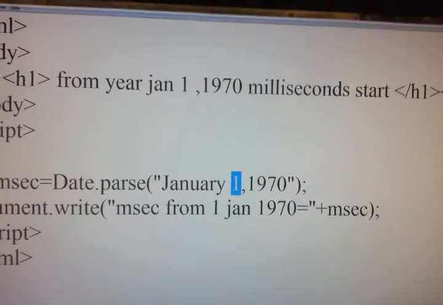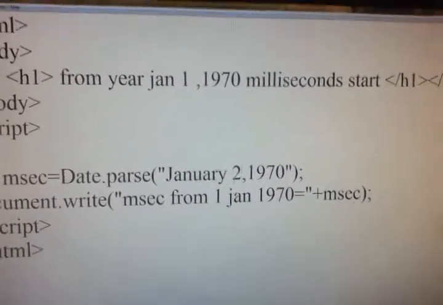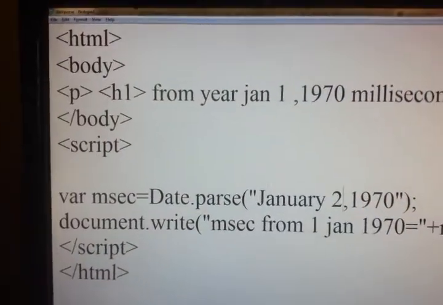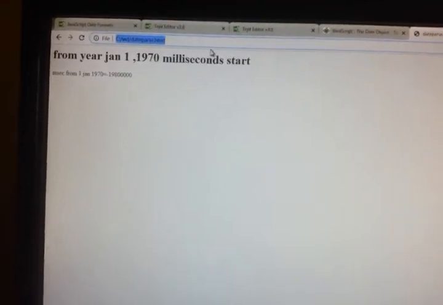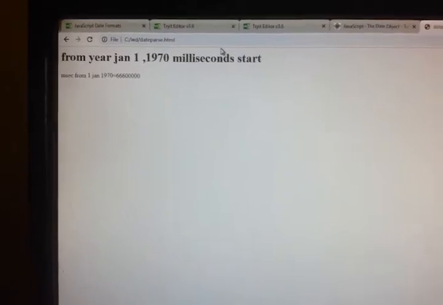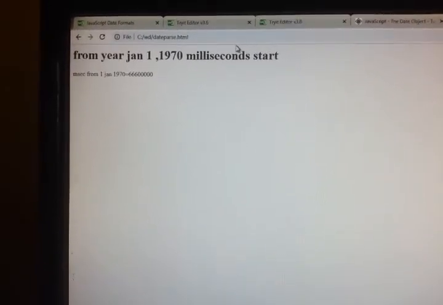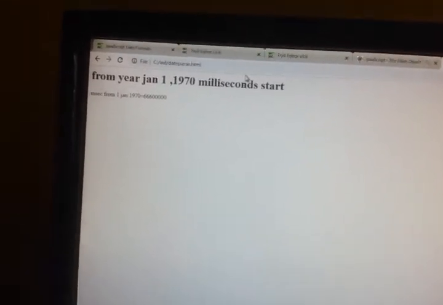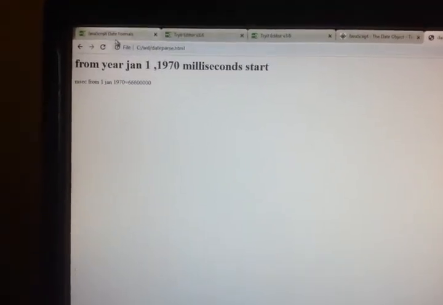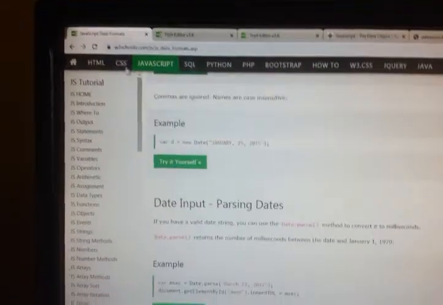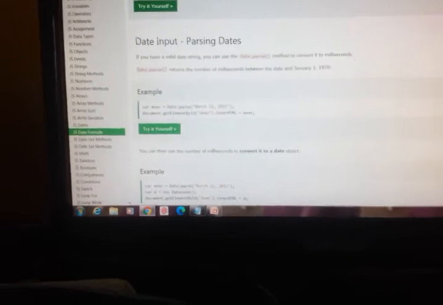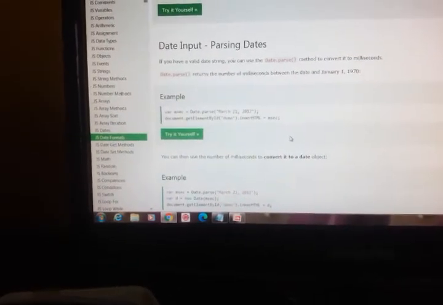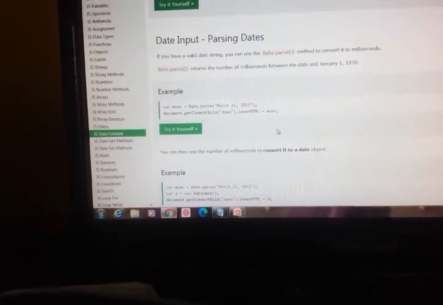If you write Jan 2, that is 66600000. So we can use the number of milliseconds to convert it to a date object, in the parse method.